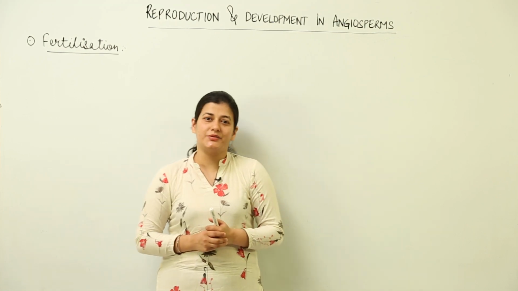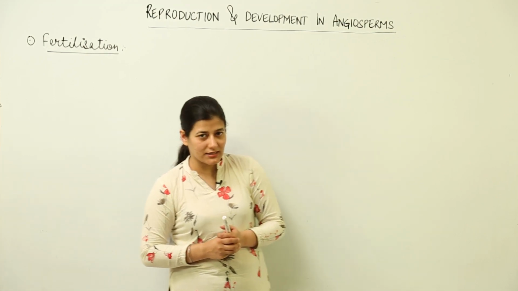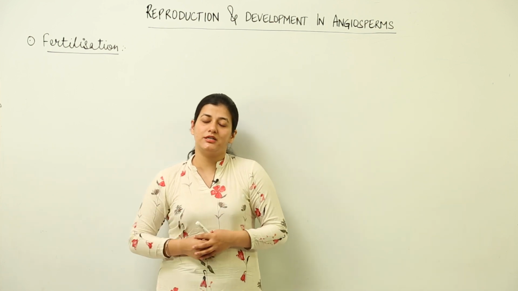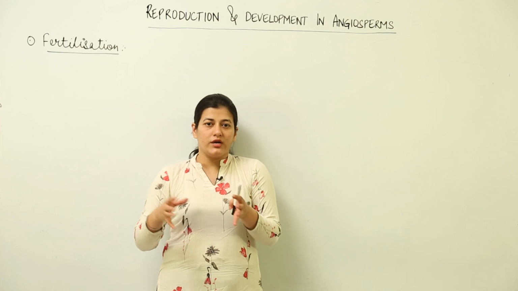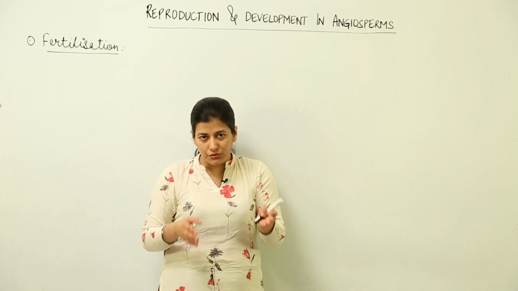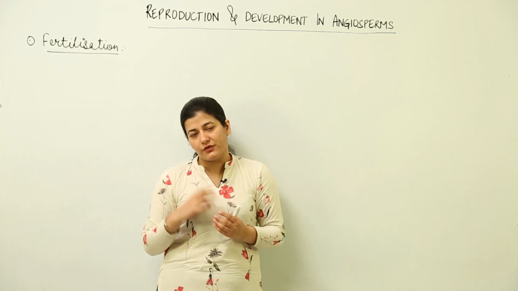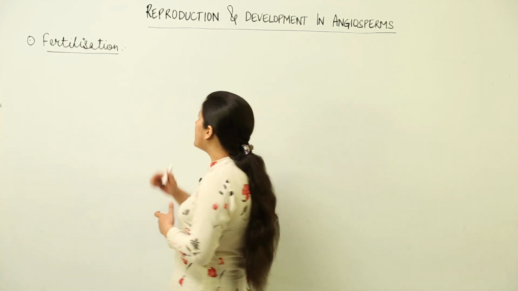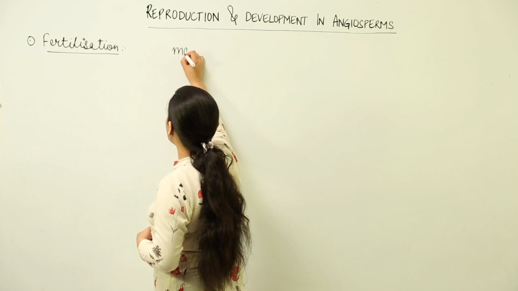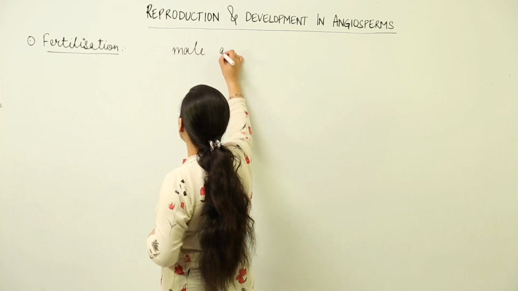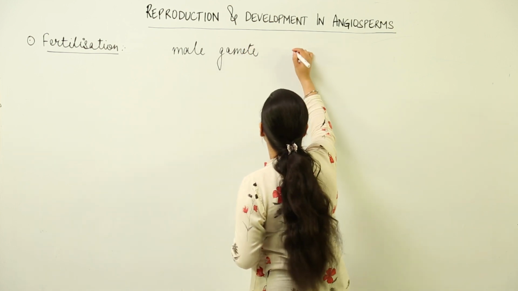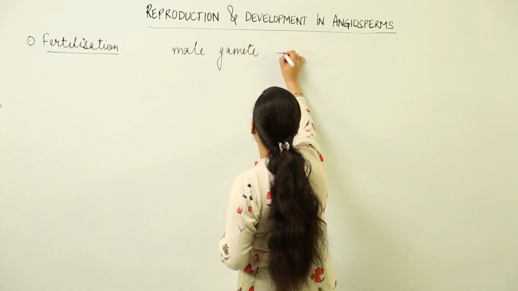So the next topic that we have now is fertilization. Till now we had seen that when we look at reproduction and development in angiosperms, we broadly classify the entire event into 3 stages, and one of the stages was that of fertilization. This is the important stage where the male gamete, which is formed as a result of formation of the male gametophyte, and the female gamete are going to fuse together to form the